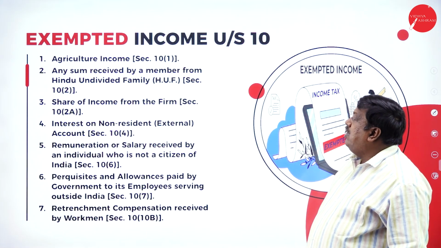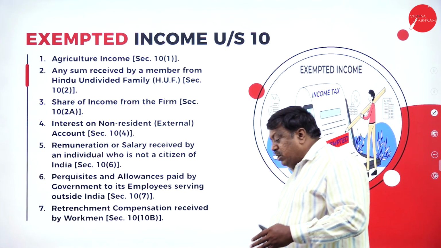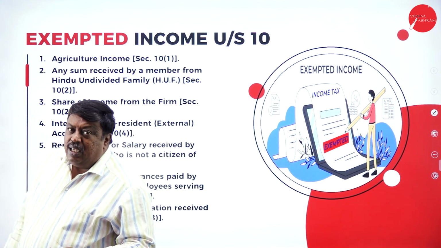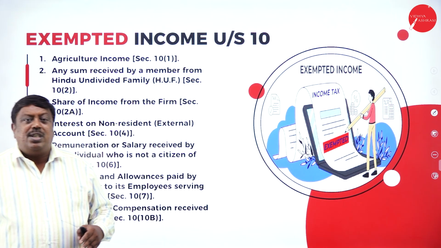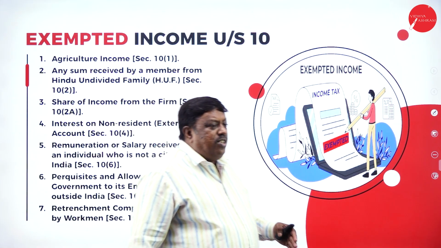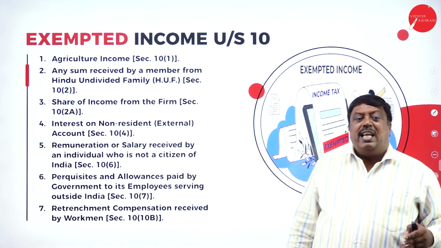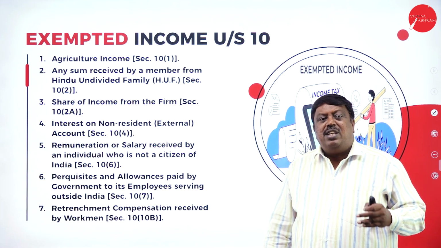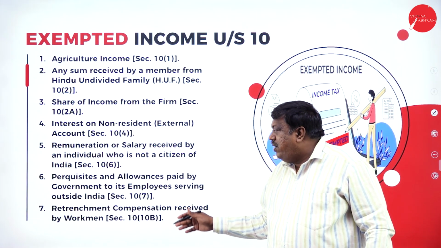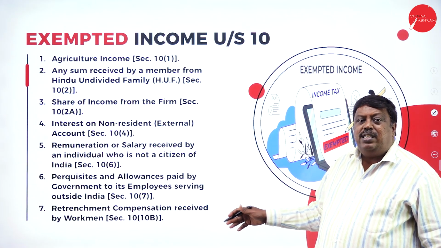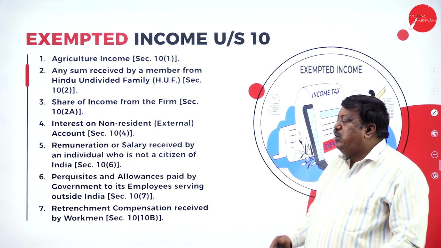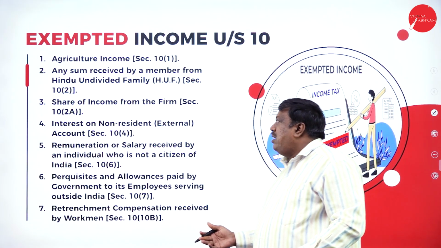Next we have a compulsory question for all the students, either BCom or BBA. It will be a 10 marks question. They are going to ask you to briefly explain or mention the incomes which are exempted under section 10, mention any 10. They are going to say we have 20 there, and you just write any 10, whichever is easy for you.